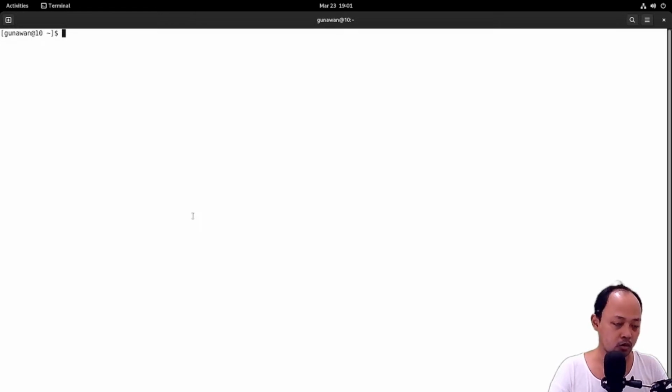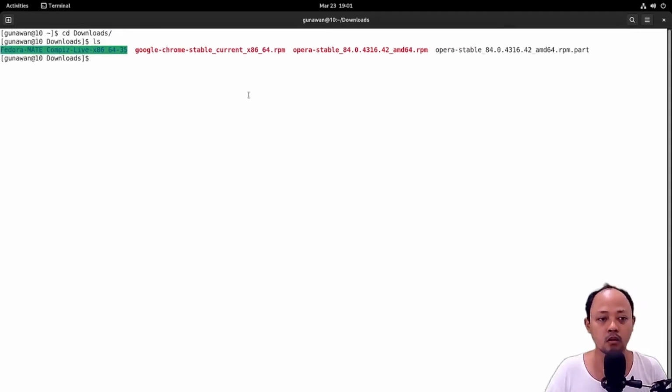So go to your download folder, I mean the folder that you use for saving the Google Chrome package. You can do the installation. Sudo dnf install.